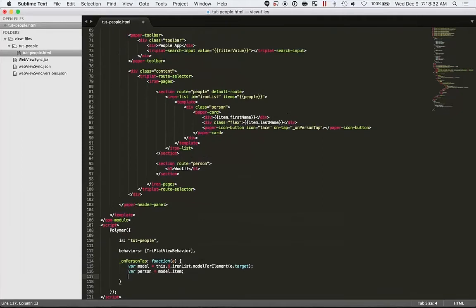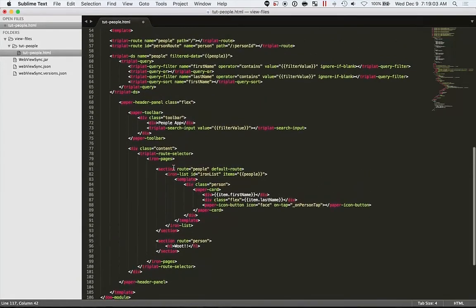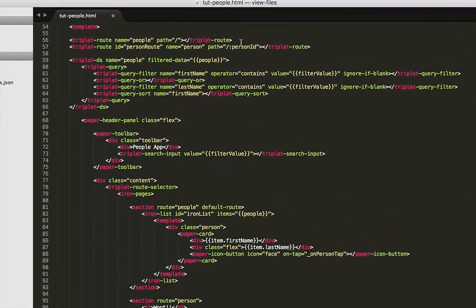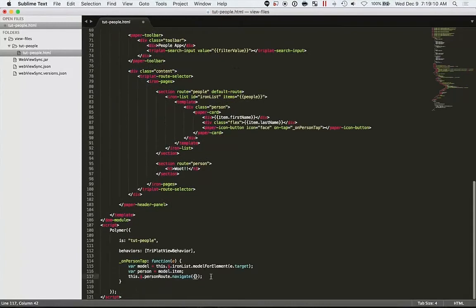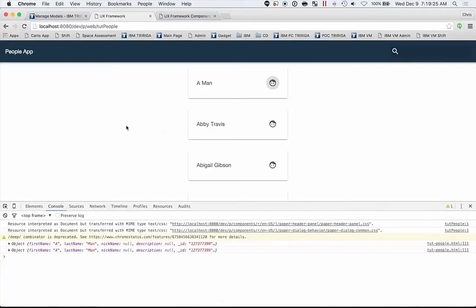So instead of just logging that person, let's use this $ notation to get the person route element, the component. There's a function on this component called navigate, which tells us we can now navigate to this route. And we need to tell it the information about what we're routing to. We defined up top this person ID. So let's give it that person ID in a JavaScript object. So we're saying personID, set it to person._id. So now we save that, we refresh the page,